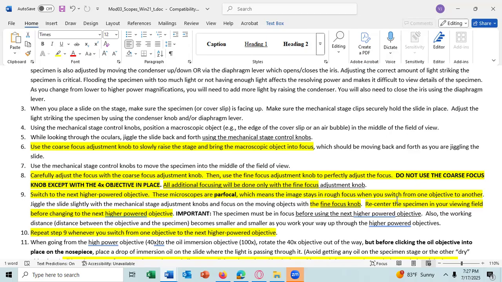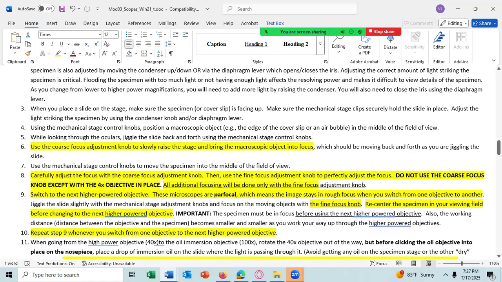The specimen should be near the center of the field of view, and it should be in focus. You may need to fine focus, but you should not need to coarse focus. You always do that whenever you switch to the next higher powered lens. You always move your specimen to the center of your field of view, and then you repeat step 9 whenever you switch from one objective to the next higher objective lens.